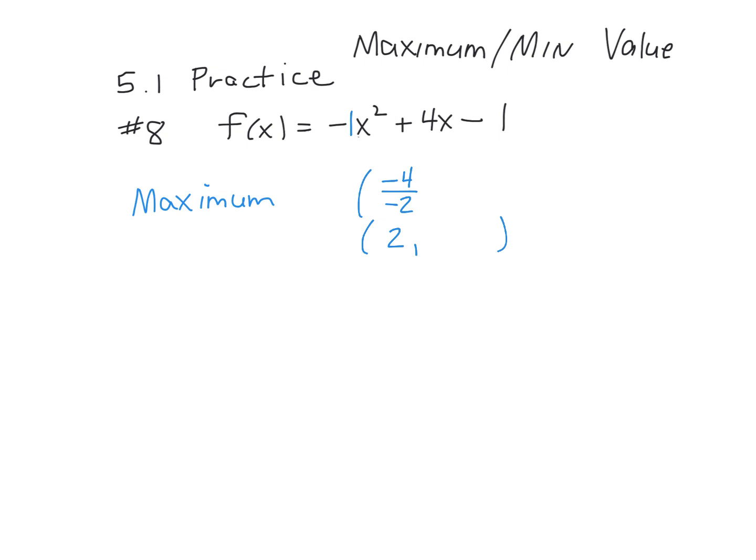Plugging the 2 in, again I square the 2, make it negative, so it's -4. Plus the 8 would be +4, minus 1 would be 3. And so therefore we would say the maximum value of this function is 3. If I was to graph this, I'd have the point (2, 3),